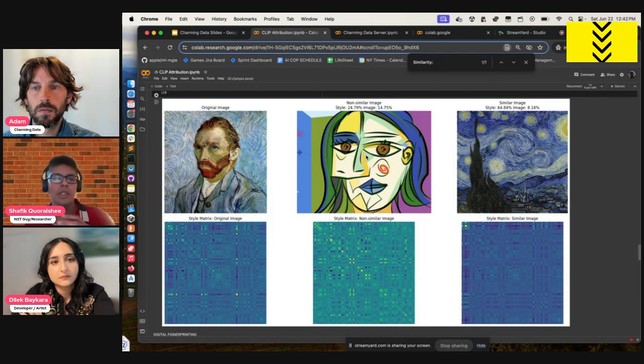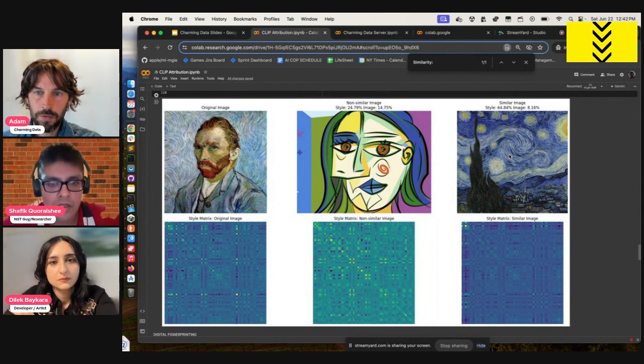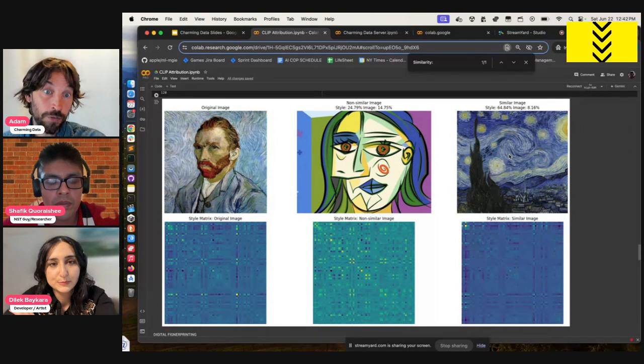Because with the style similarity, these are two different images, and it's clear that computationally these are two different images in both cases. But even though these are two different images, their style similarities are distinct based on the style of the image. But in this case, for example, the image in the middle has a higher percentage of similarity, 14% versus 8%, because I'm assuming they're both images of faces.